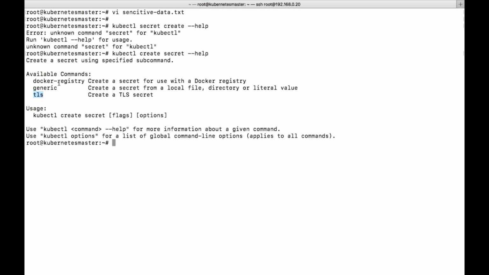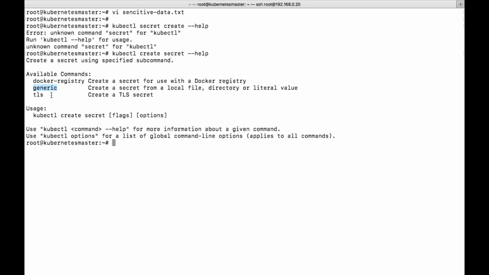So if you want to hide this particular information, we need to use a parameter called Docker registry. If you are using a normal generic thing like from the files what we have created, so this is the file. I want to protect this particular data. So for that you can go for generic. It is not required to give a flag like Docker registry or TLS.